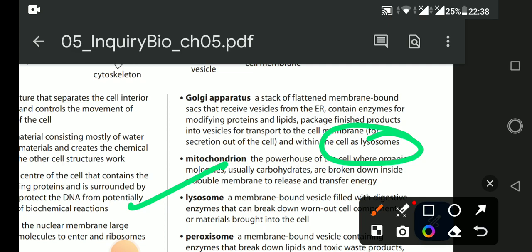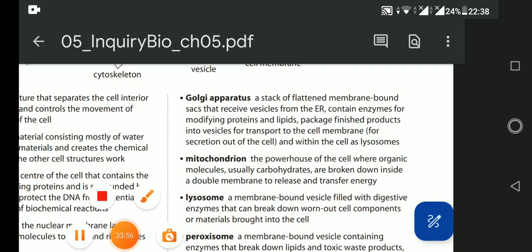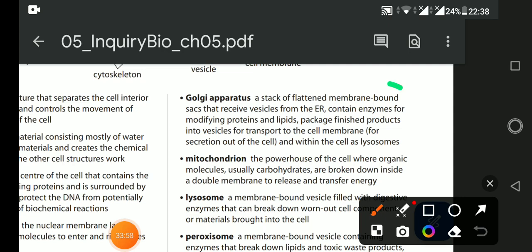Whenever there is any damage or malfunctioning in the cell, or the cell stops working due to some reason, then what will happen? The lysosome of the cell will burst to release its hydrolytic digestive enzymes and it will eat its own cell. ठीक है, तो मान लो जैसे आपका ये कोई सेल है,